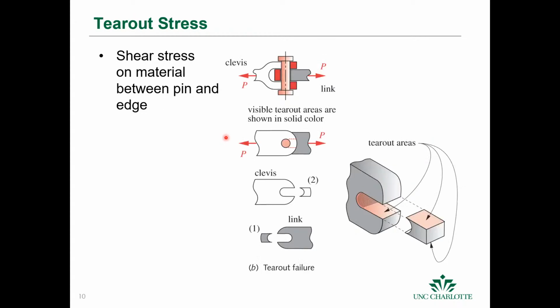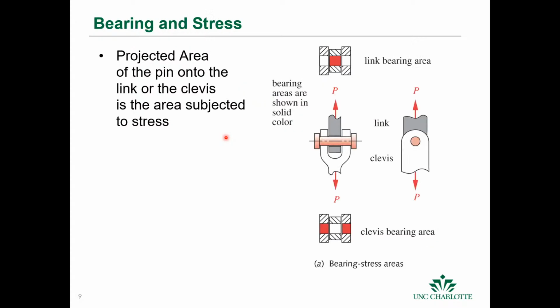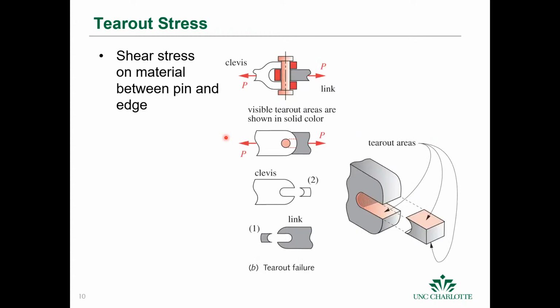So if we apply a load, we also have the shear stress, and you can see that that's the orthogonal. This is the stress that's projected underneath, that's for bearing. And this one is the stress that's on the side. So if you're pulling it, it's the stress that's acted upon by this area, and that's in shear. Okay, and that would be on these shear planes here, or you can see my laser hopefully in the middle, and here. And if that stress is too high, then these will tear out. You'll get a tear out failure.